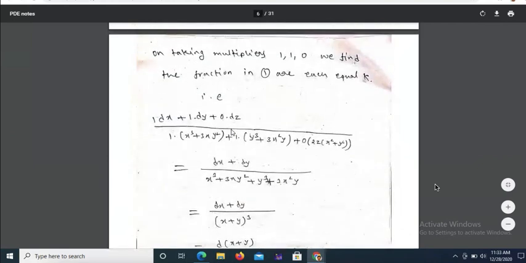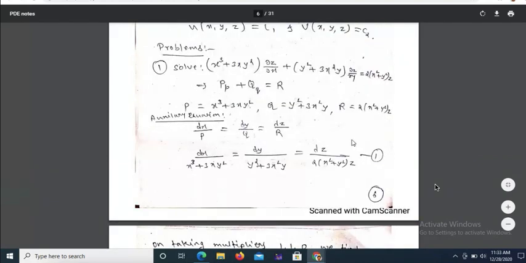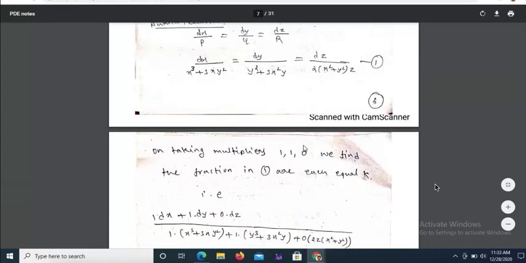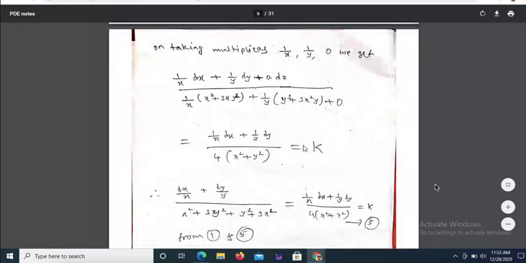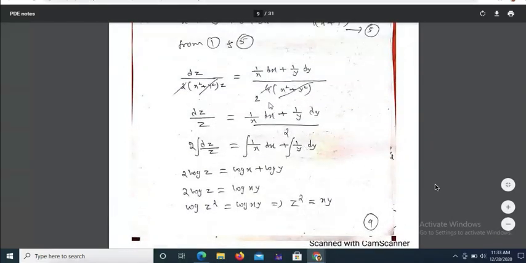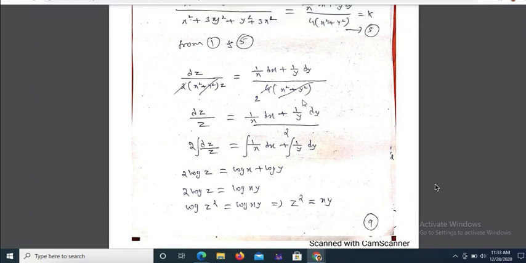Where is equation 1? Yes, this one I selected. That is left to you, you can select anything. I selected this. So on the right side, the two 2s cancel, giving dz by z, and x square plus y square also gets cancelled. That's why I selected 1 by x, 1 by y. To get the cancellation, so that you can separate and integrate.